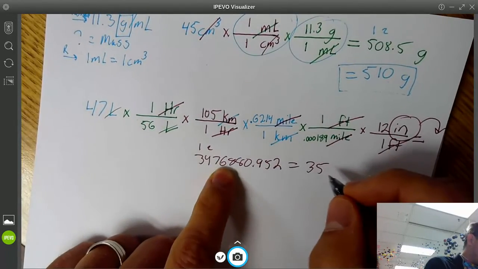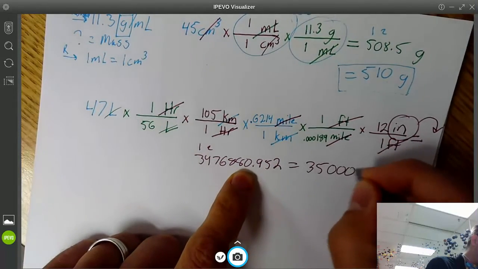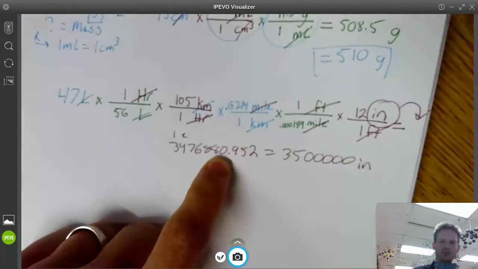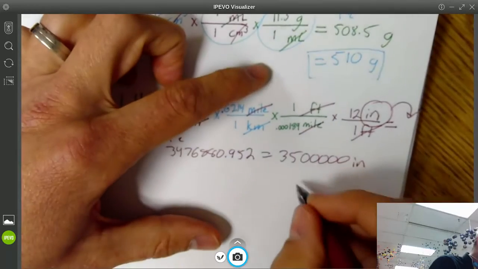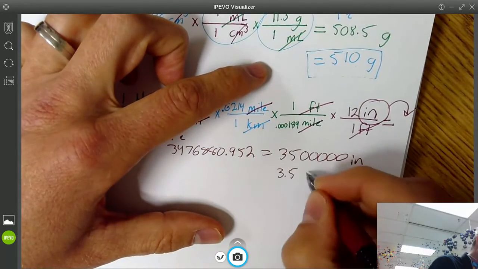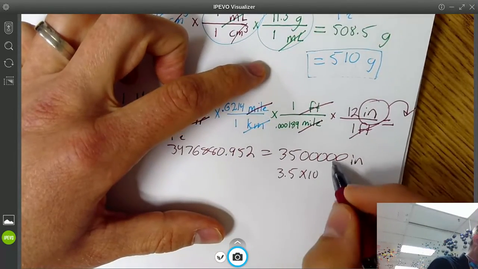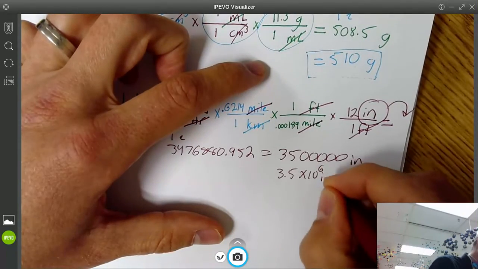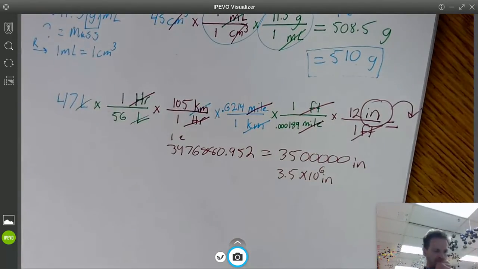And so that 7 pops it up. So we end up with 3, 5, and the rest becomes zeros. 1, 2, 3, 4, 5 zeros. And this is in inches, which makes sense. It's really, really big. But a better answer for that would be, in scientific notation, 3.5 times 10 to the 6